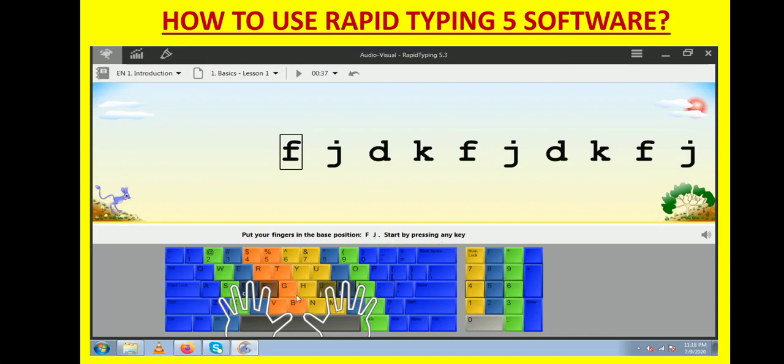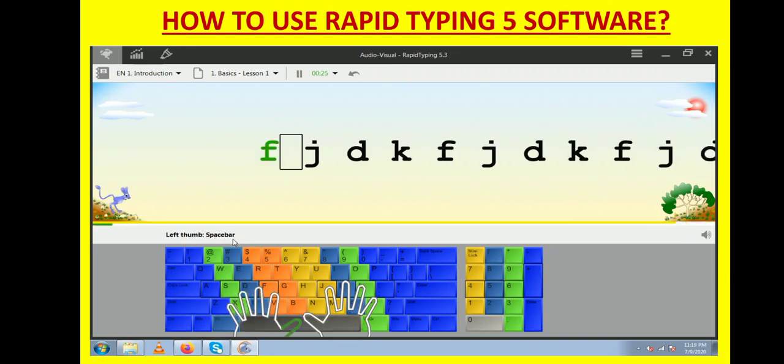So on your computer keyboard, first of all, you have to put the fingers in the base position. Your left index finger should be on letter F and right index finger should be on letter J. You can even see in the middle of the window, instructions will appear how to put your finger.